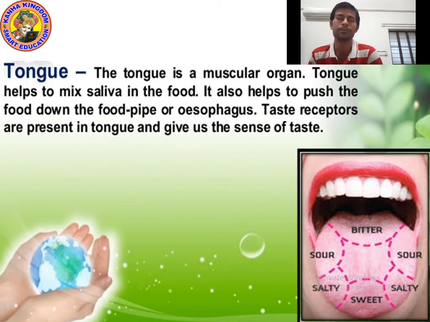Yes, you can see in the picture, at the front of the tongue, sweet receptors are present. So whatever you eat, like chocolate or any sweet, it helps to sense. Salty receptors are in the corners on both sides, so it helps us recognize if you are eating salty things. Okay, and bitter at last, remember it. I hope you understood. Now let's see the definitions of digestion, ingestion, absorption, assimilation. Okay, let's move on to the next point.